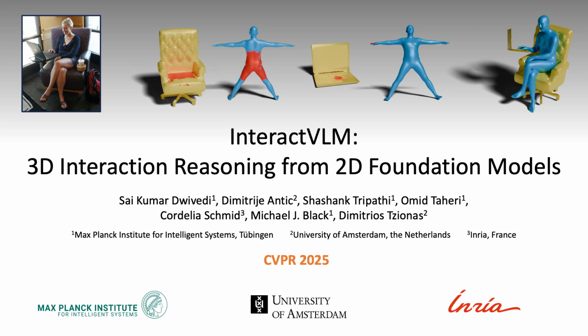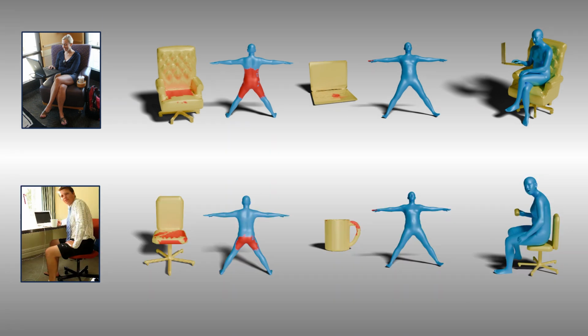We present InteractVLM, a novel method that estimates contact points on both 3D human bodies and objects from a single in-the-wild image, visualized here as red patches. These inferred contact points enable joint reconstruction of humans and objects, which is critical for applications such as assistive robotics